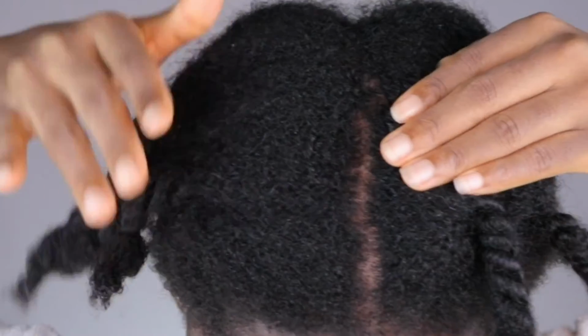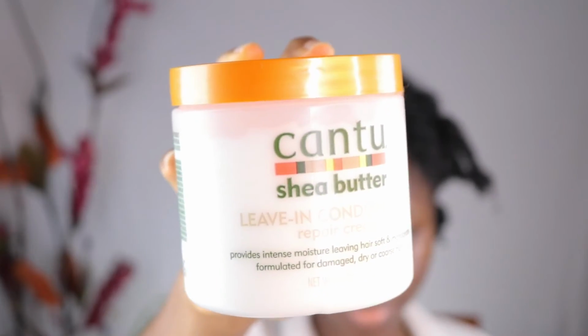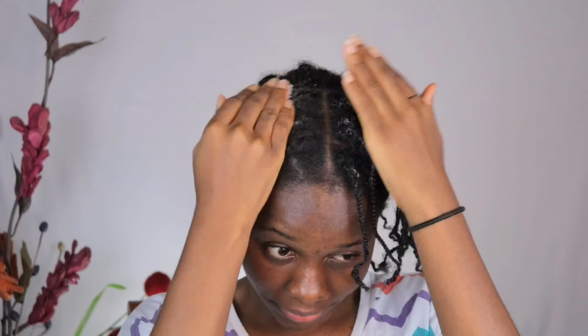The next thing I'm going to be doing is using my leave-in conditioner from Cantu, and also my black castor oil. This is what I'm going to be using. And usually I don't have my hair in braids. I usually do